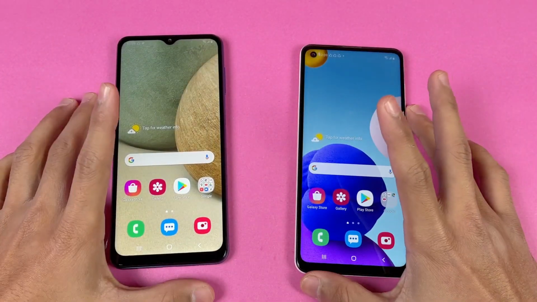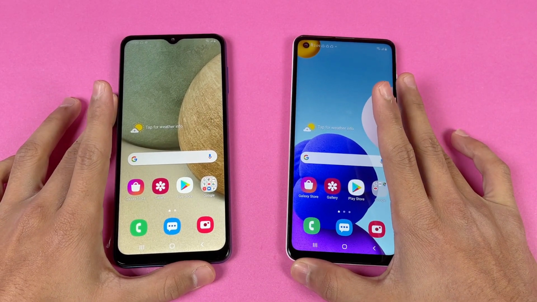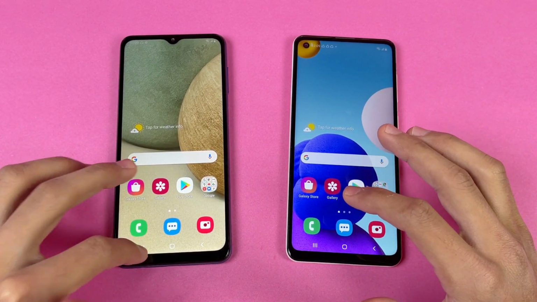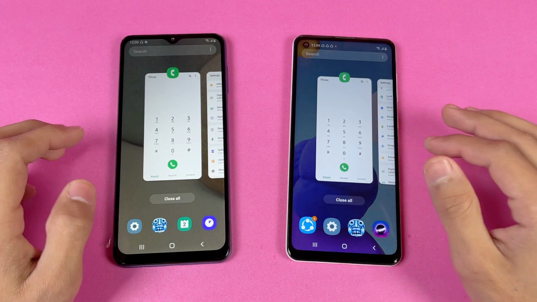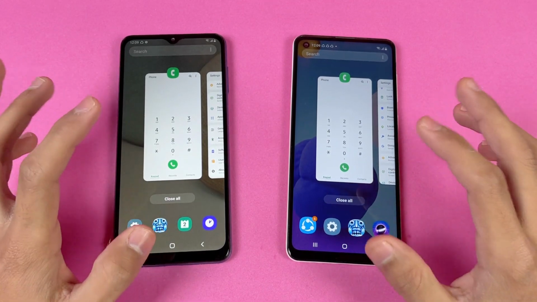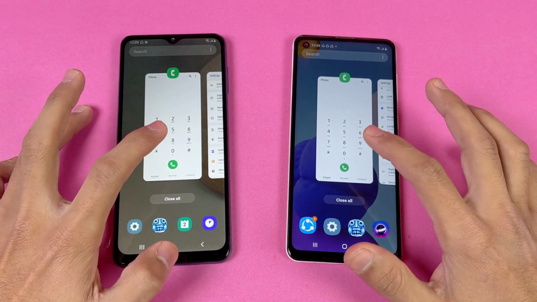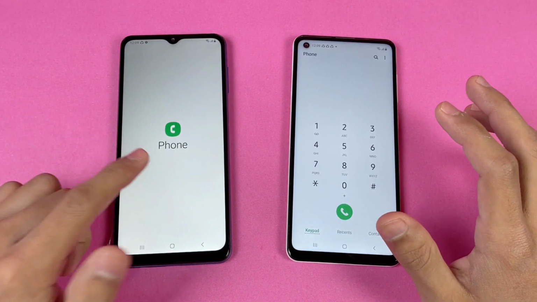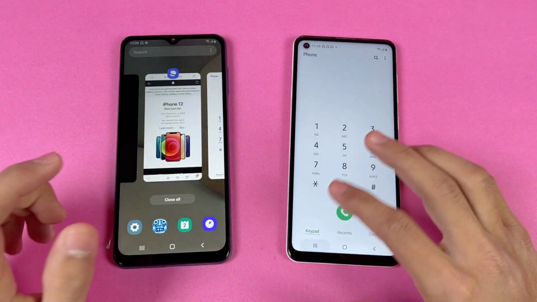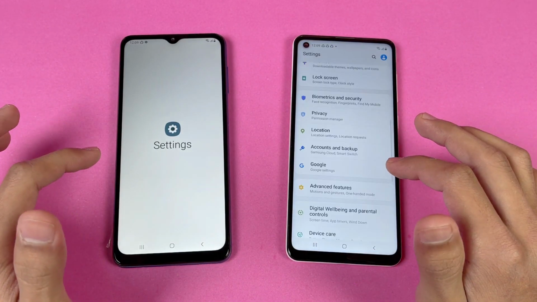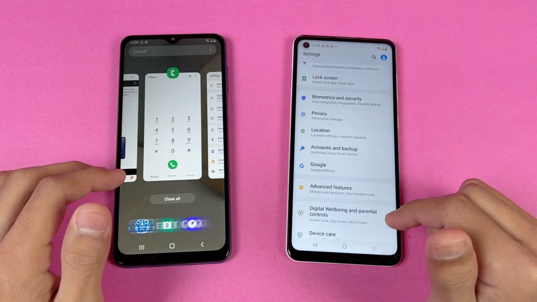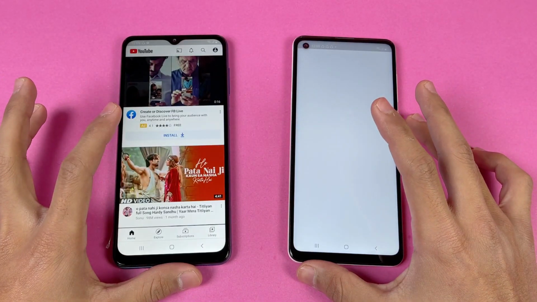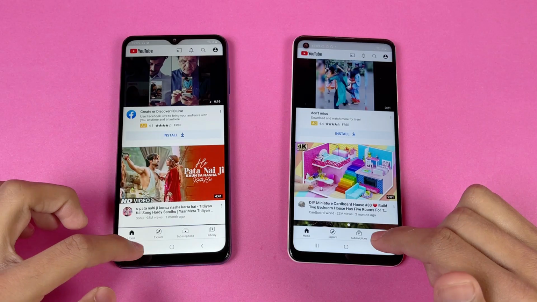Now let's see the RAM management on both phones. We have 4GB of RAM on both devices, and also the One UI 2.5 update on both. Now let's see the phone dialer, and that got refreshed on the A12. Let's see settings, and that is refreshed. YouTube got refreshed on the A21s.